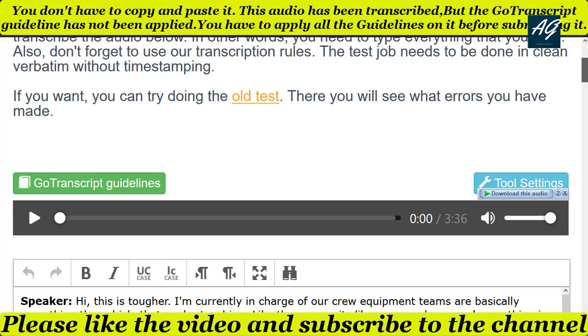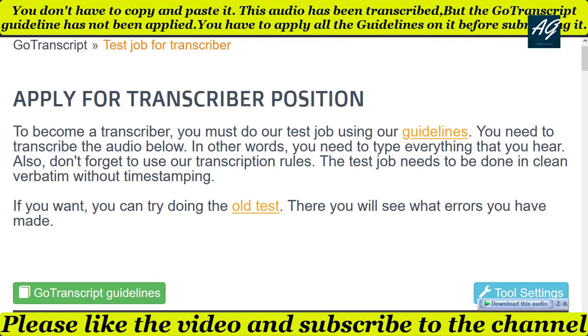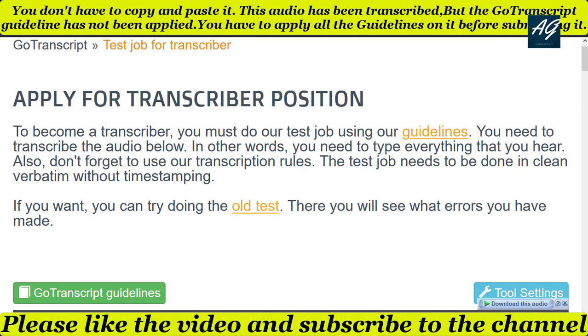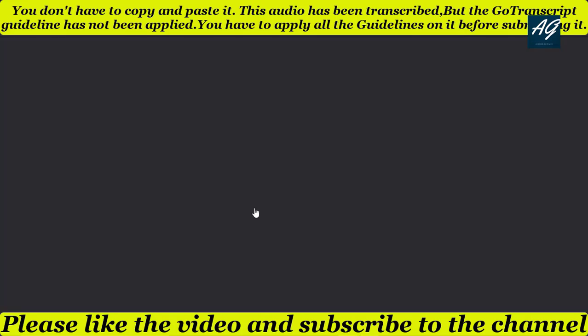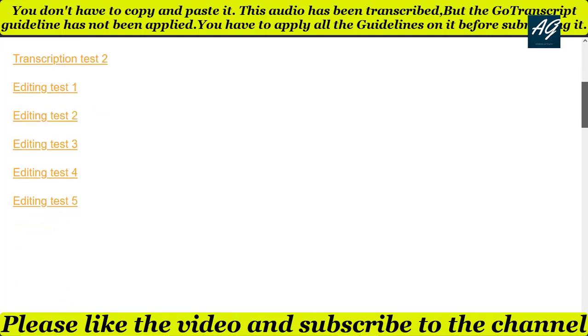So this audio test is very important. Before starting this test, make sure you check all these guidelines one more time to understand which guideline you need to apply on this audio file. And if you need help with how to apply the transcription guideline, you simply check these old tests. This will help you a lot to apply these